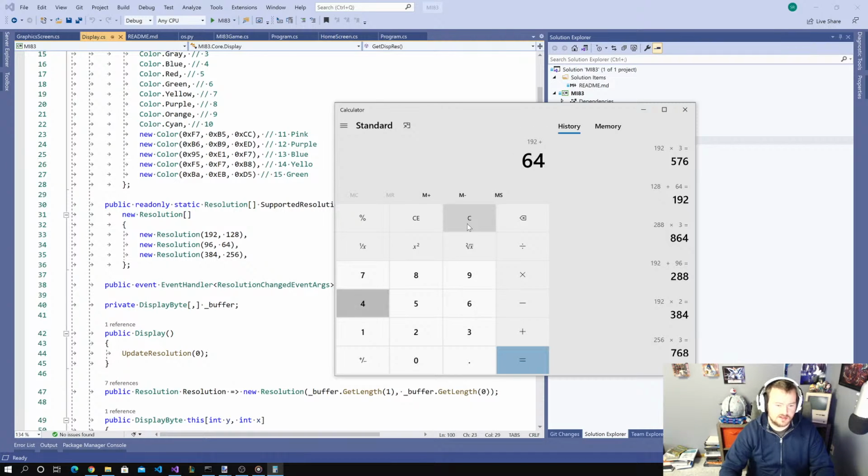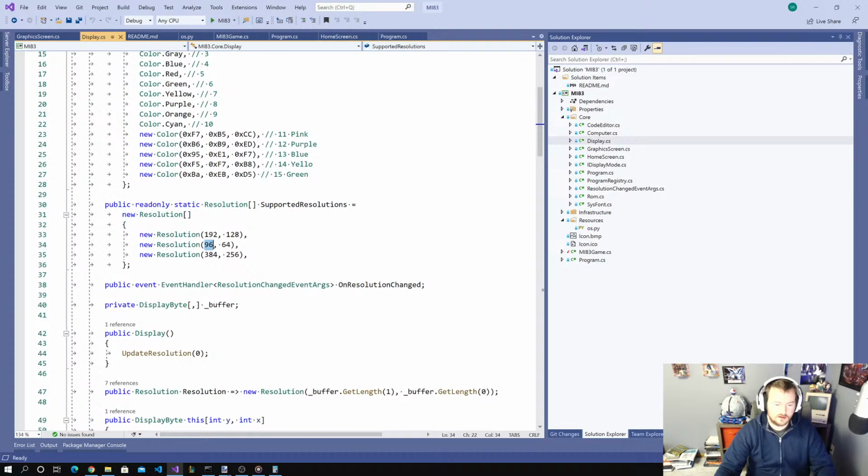192 plus 6, or sorry, 92 plus 64, or sorry, 96 is 480, and that should be divisible by our width, which is 6 per, so that'd be 80 columns across, which is actually perfect for an editor. So I think that would be a better resolution overall, is to do 192 plus 96. So do a 288 as my top,